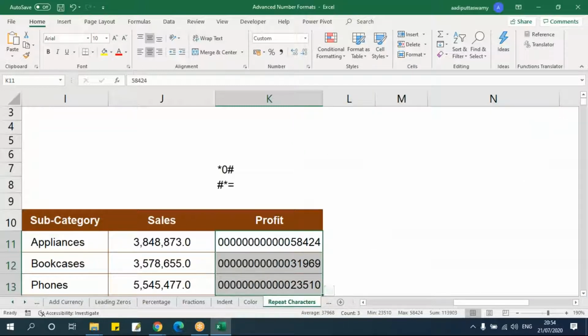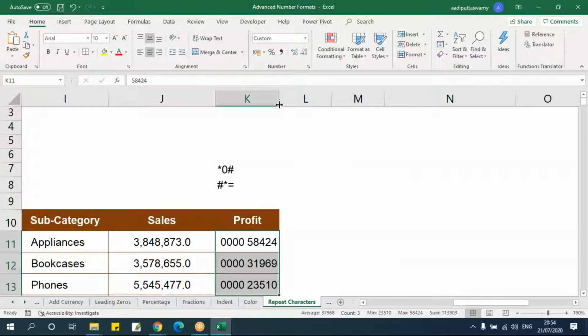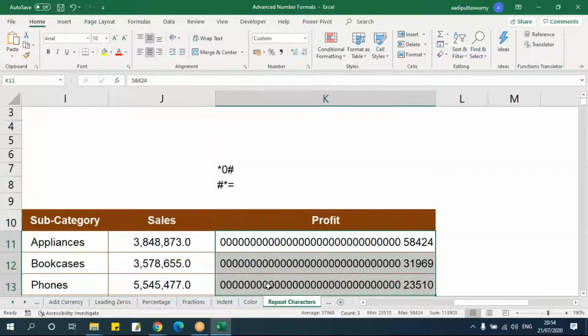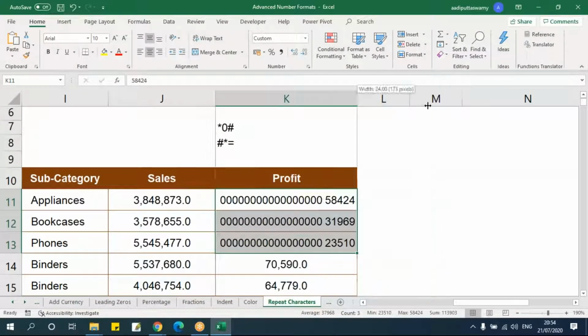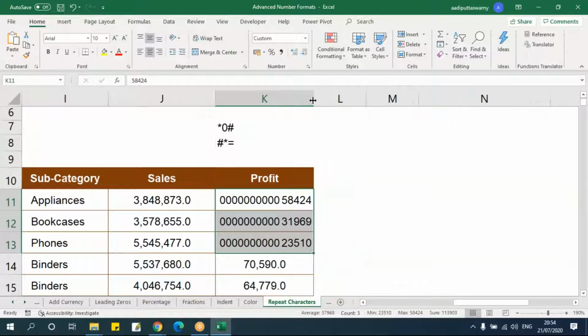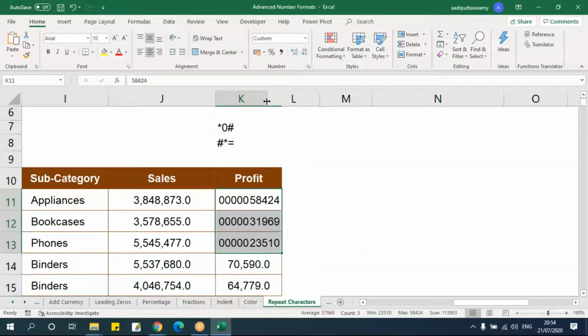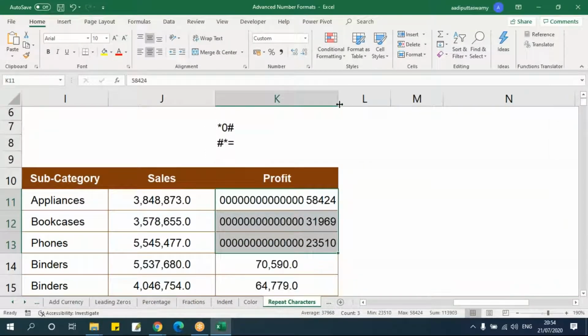See here, this 0 will be covered till the end of the cell. Now let me increase this. See, decrease this. What it will do is fill the complete cell like this. It will not specify the number of zeros, this many numbers only. See, expand it completely, it will fill the cell like this.